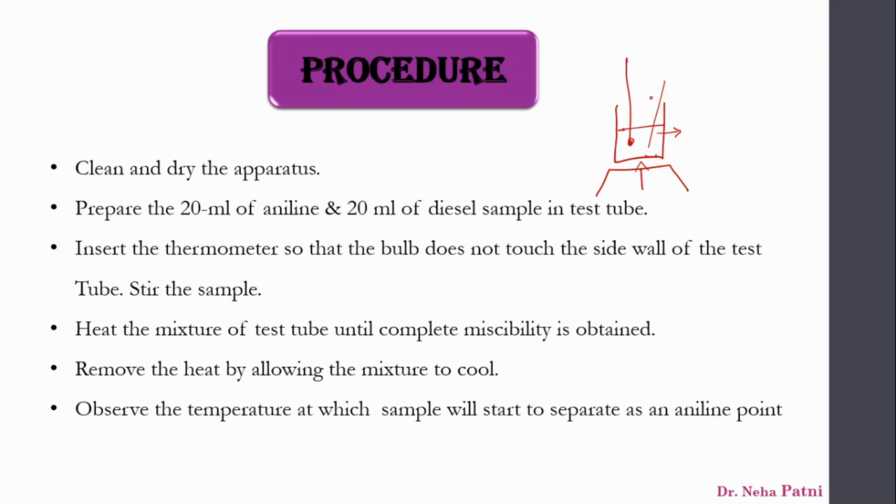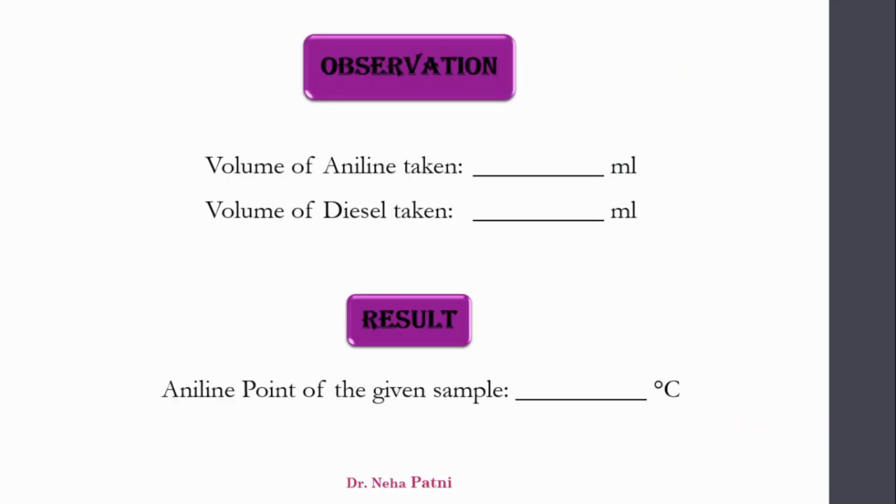So what to do to note that temperature? We'll put that beaker on a flat surface and put a thermometer inside. Also make sure that the thermometer is not touching the bottom of the beaker, otherwise it will give you the wrong reading. So just put the thermometer in the beaker and observe. As soon as you get a layer separating from maybe down or maybe top, you have to note the temperature. So that is the aniline point, the minimum temperature at which equal volume of aniline and your sample oil gets miscible. That is what you are going to calculate here later on.